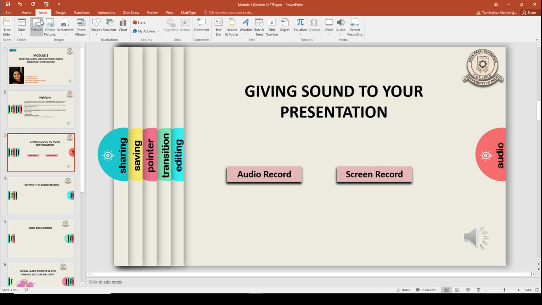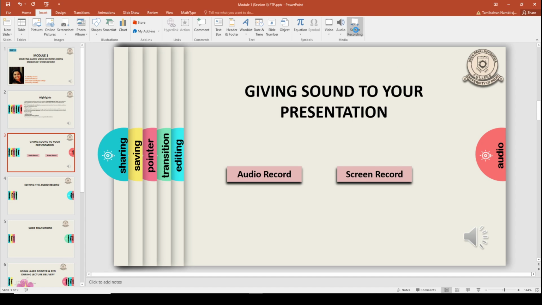So you must have seen that when we were talking about the audio option, the third option was screen recording. Now suppose you don't want to record each and every slide individually and you want to record everything all at once, the entire presentation in one go. So you have this option available, and this is one of the best options where you can record your presentation or whatever you want to teach to your students. Using this option you can even record a Word file. So let's see how it can be done.